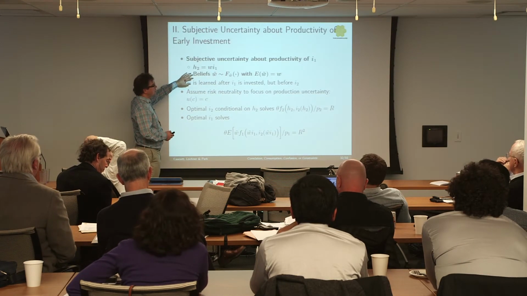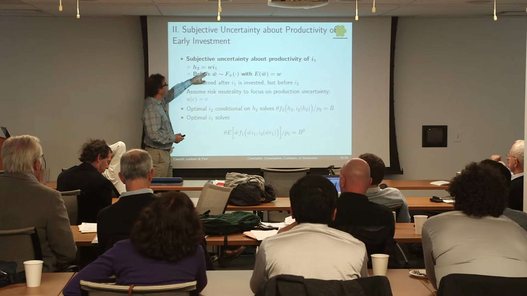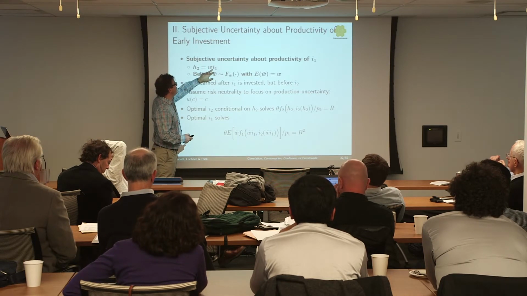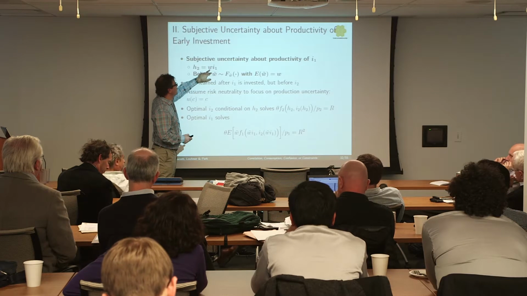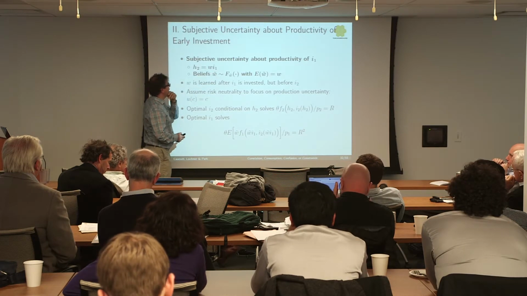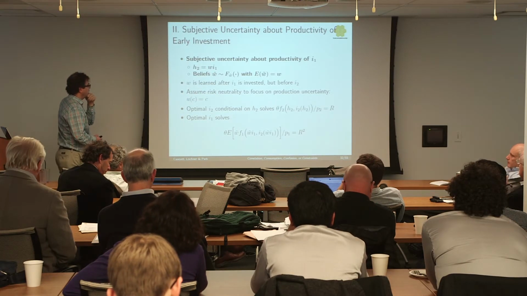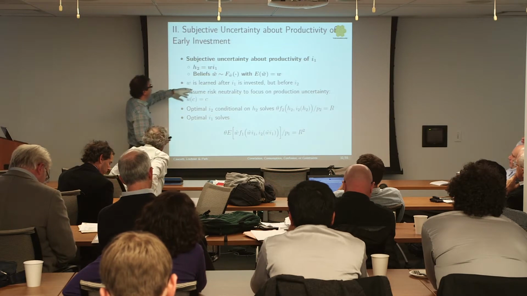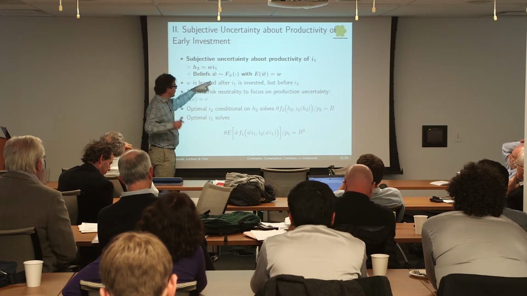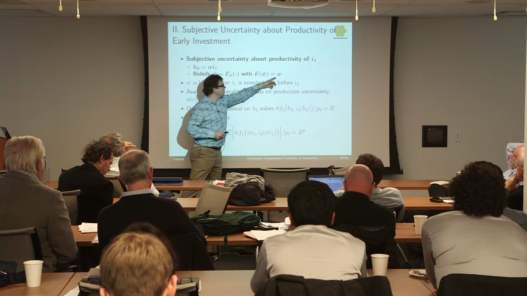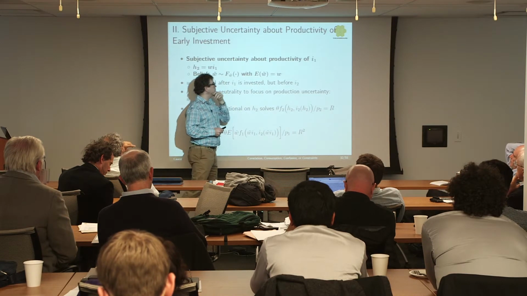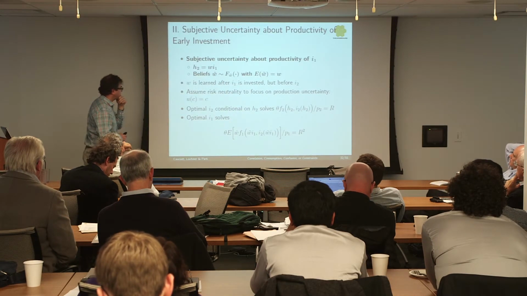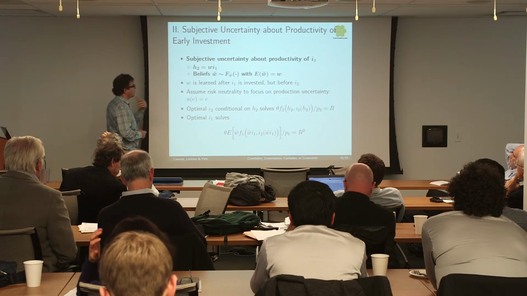So the other case on uncertainty I want to think about is now, let's suppose there's some productivity of value on early investment. So now we're going to enter this W in here, and people are going to have beliefs about it, and we want to think about different people having some uncertainty. There's a truth. The truth is W, but they have some beliefs about it that are unbiased but maybe uncertain. And people are going to learn this after they make their investment.